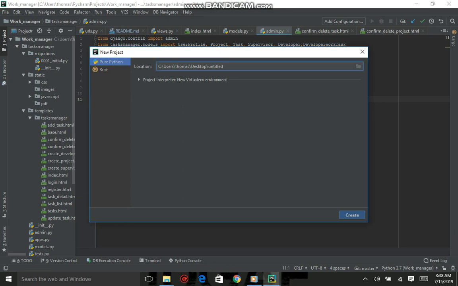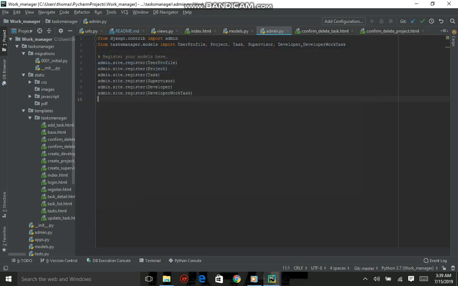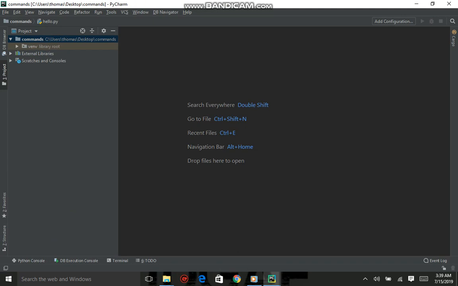I'm just going to make it on the desktop. I'm going to call mine commands and create that. I already did mine as my laptop is a little slow and I don't want to waste your time. So once you're there, go to the commands, go to your new project, say